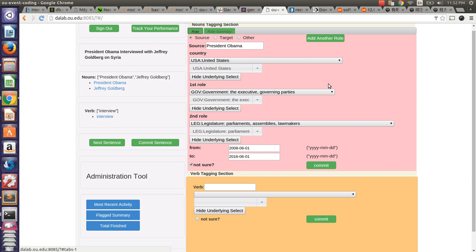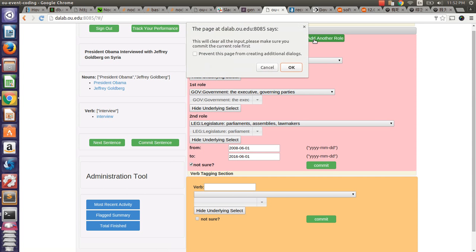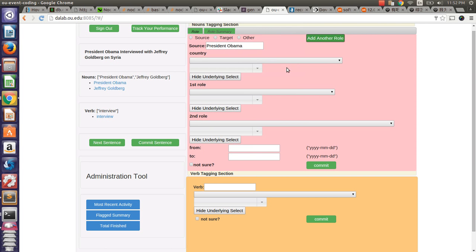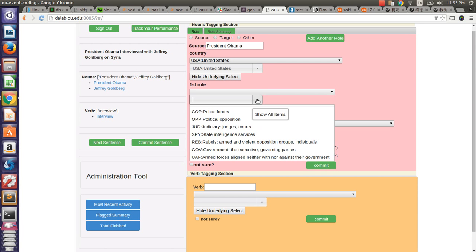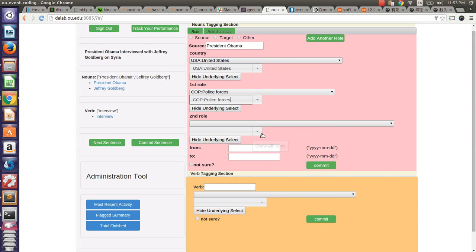So I will say President Obama is a president. That's his first row. If I want to add another row, so just click on add another row. It will say this will clear all the input. So it will make it easier for you to tag it, right? So you just say okay and clear everything for you, but keep the President Obama. So you see his country is still USA, and his first row, just for example, police forces, and his second row is